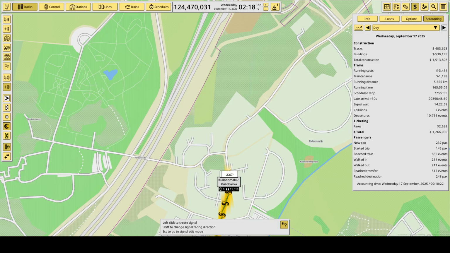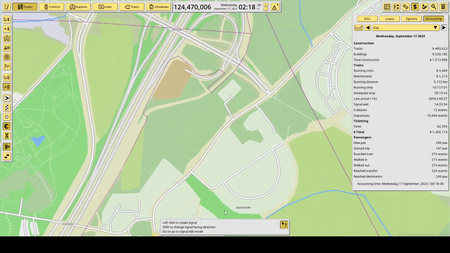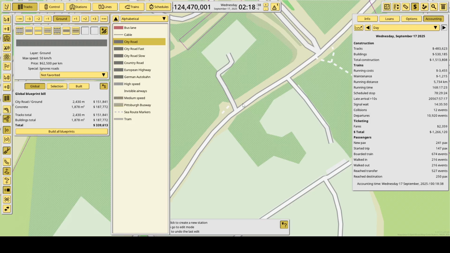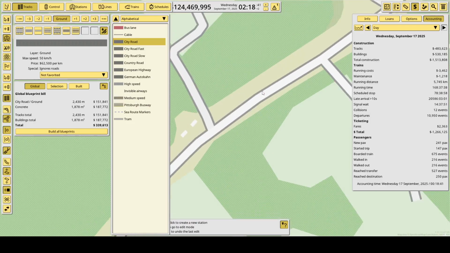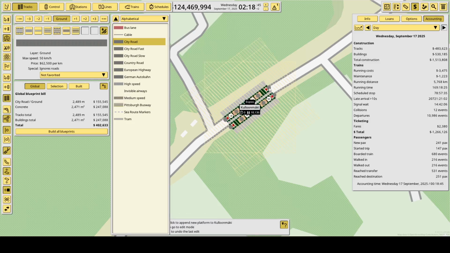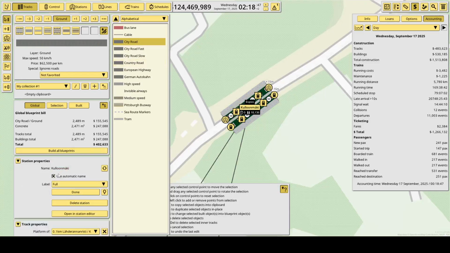And after Kullomäki, we will stop at Emännäntie. That's gonna be Värdinnevägen in Swedish. It's gonna be over here. Or wait. There we go.